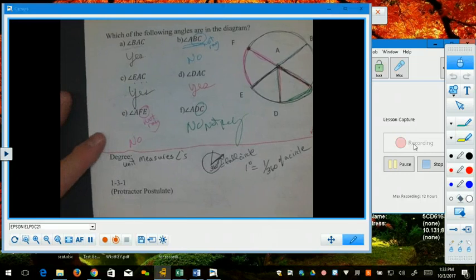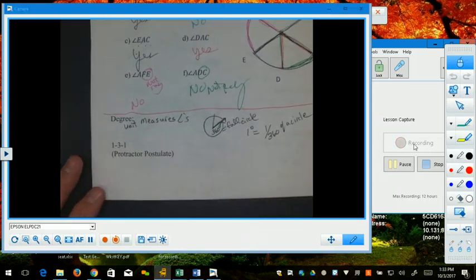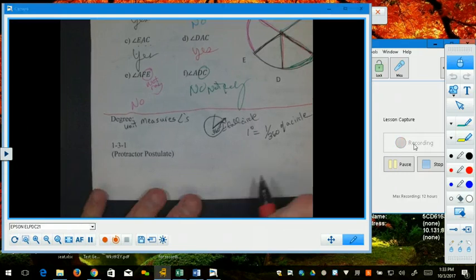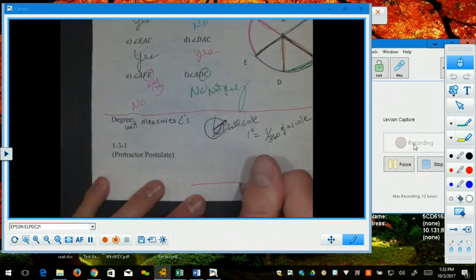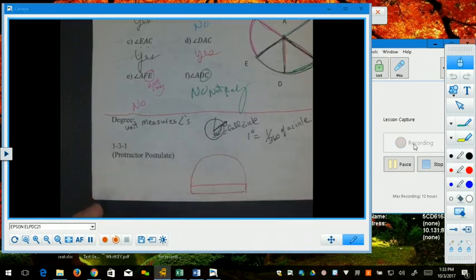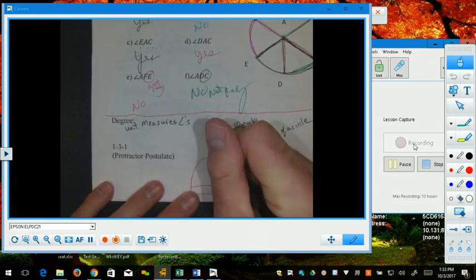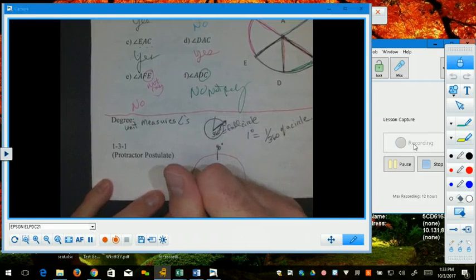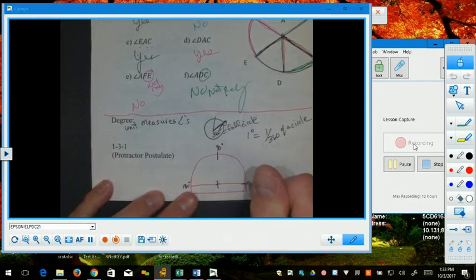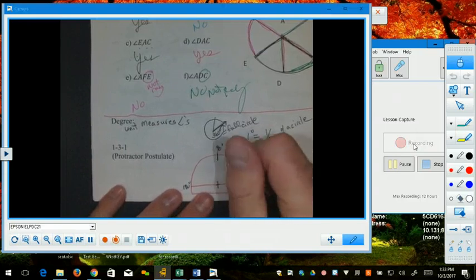There's something called the protractor postulate. It's just like the ruler postulate. We don't really memorize it or use it in proofs, but we understand how it works. And that is that, just like a ruler, if I have a protractor and I have some points, so here's my protractor, up here's my 90 degrees, over here's my 180 degrees, and here's my 0 degrees. If I have some points that are on the protractor,